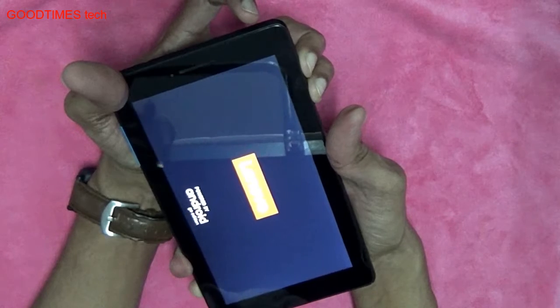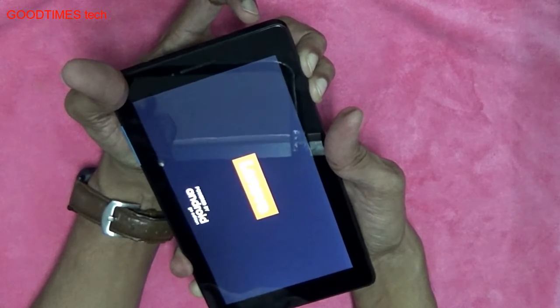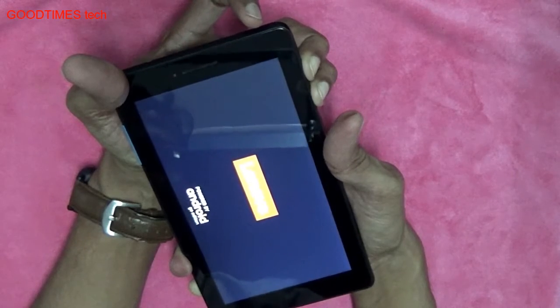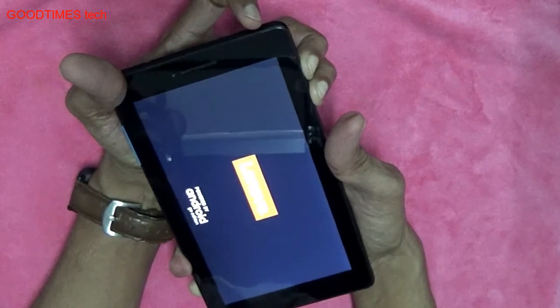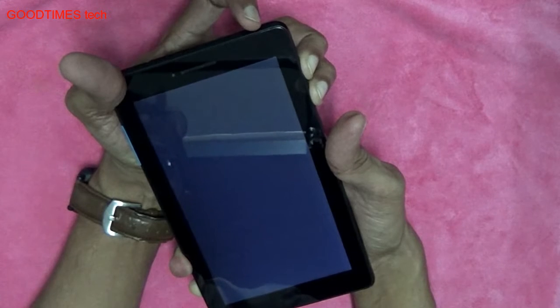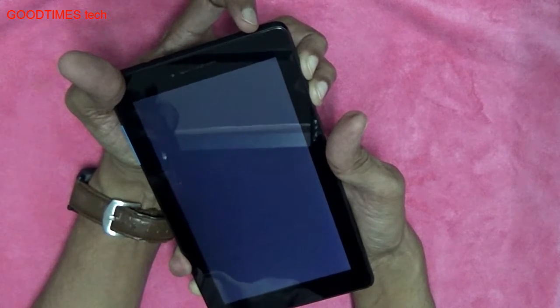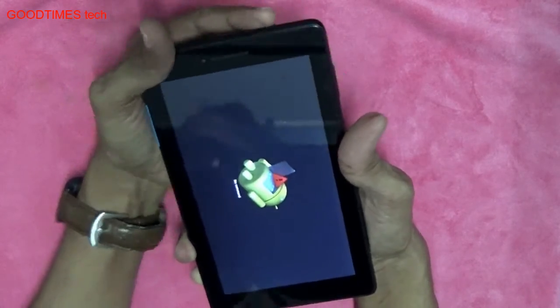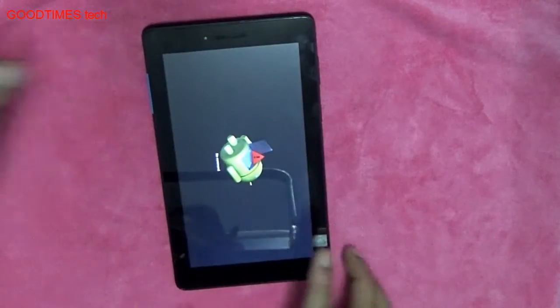Press the power key after the display turns on and you see the Lenovo logo on the screen. Just release the power key, but keep pressing the volume plus and minus. Yes, you see the Android logo.